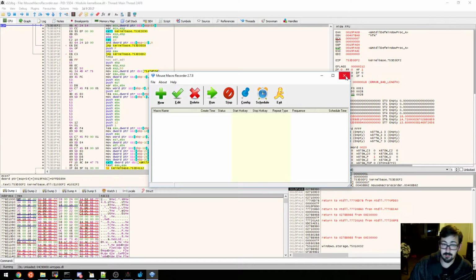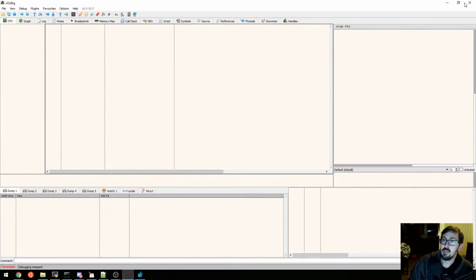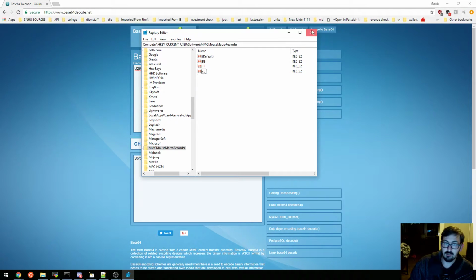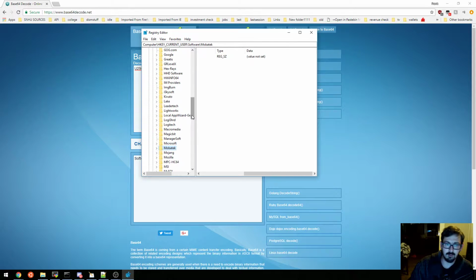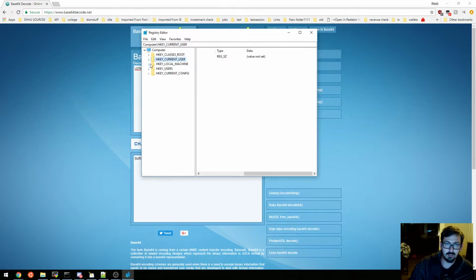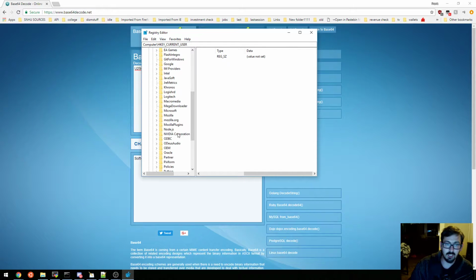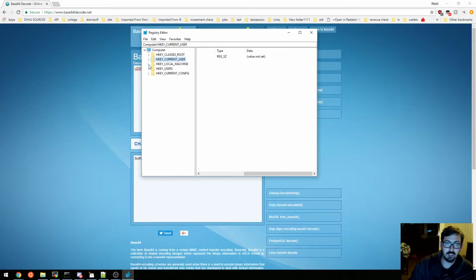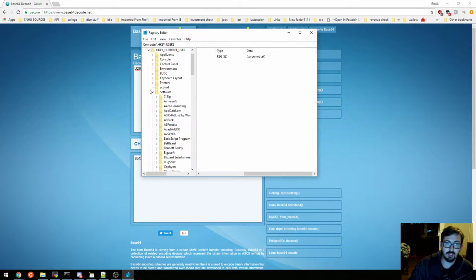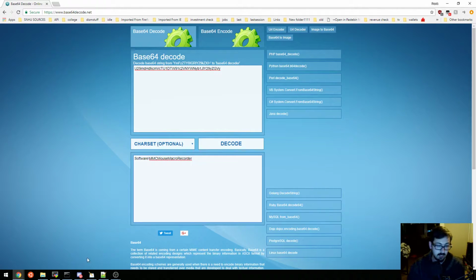Now, since you can't actually see that just start, and you have to kind of take my word for it, what I'll do is close all this, and I want to see what happens if this just doesn't exist at all. I'm going to just delete that. Okay, that's gone. Let's make sure it's not reading from local or anywhere else. Local machine, software. Don't see it there. Users, no. Current user. Okay, yep, it's all gone. Exit.